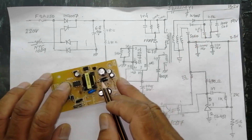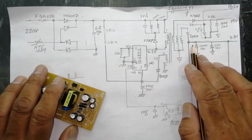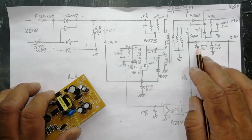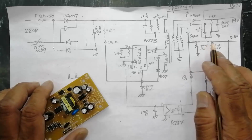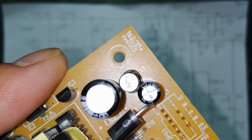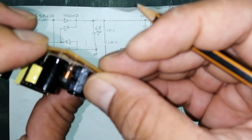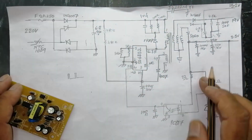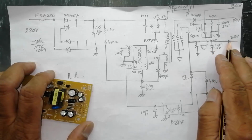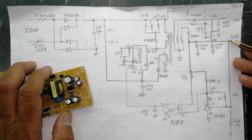This Schottky 360 diode, and here is a capacitor, 1000 microfarad 16 volt. Then there is a choke, an inductor, that is 4 microhenry, and then there is another capacitor, a filter capacitor at the end, that is 220 microfarad 16 volt. We will take 3.3 volt output, and this output will be monitored